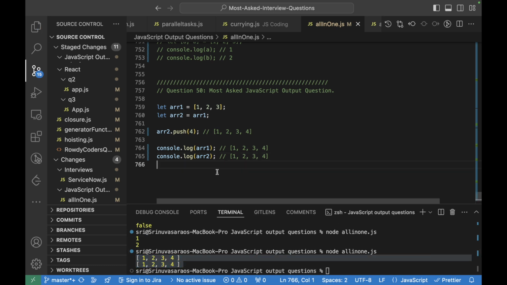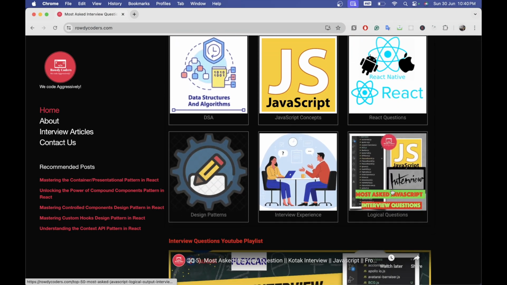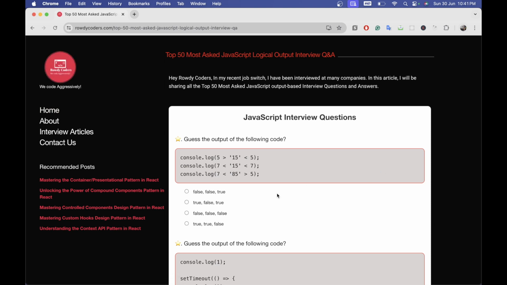So yeah, and these are the most asked questions, and if you prepare or practice these questions, this would be more than enough to crack any output based interview question. And I wanted to show that these output based questions are available here on the official Rowdy Coders website.